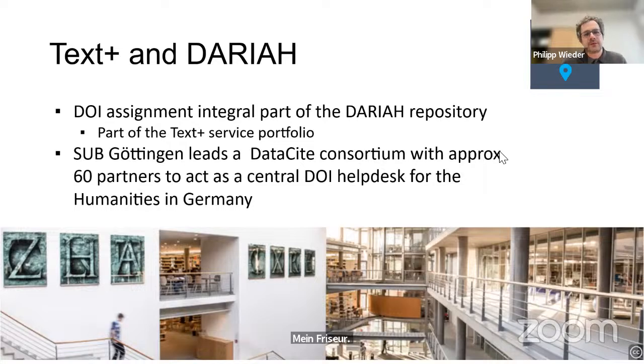this is something where, among other things, Text Plus, which is one of the NFDI consortia, is working on. Text Plus originated from CLARIN and DARIAH, so there's a close connection to that. And they already have a repository, the DARIAH repository, where DOIs are already assigned to research data. So this is one repository being part of the Text Plus service portfolio here. But as you can imagine, the SUB Göttingen leads the DataCite consortium with more than 60 partners as a DOI help desk for all the humanities,